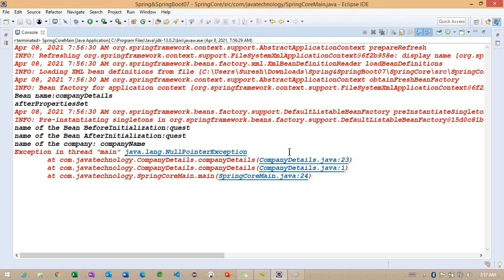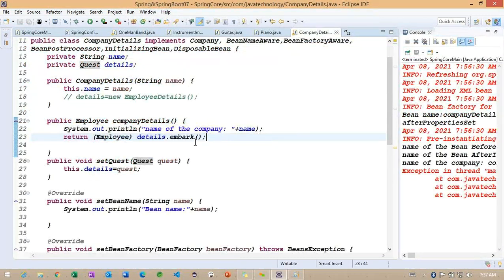If you observe here, what we are doing is, whatever object details we are getting, we are trying to convert into this particular employee type here. But which one are we getting as null? The details we are getting as null here.